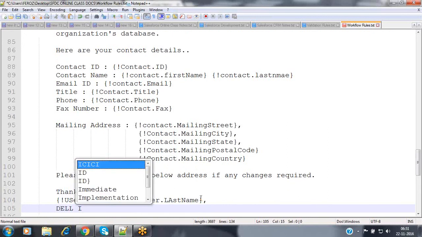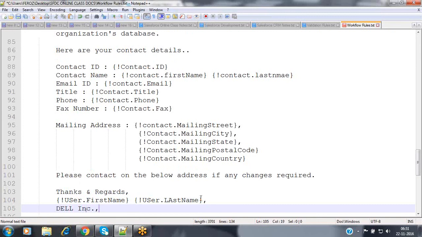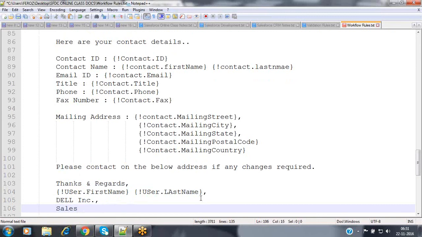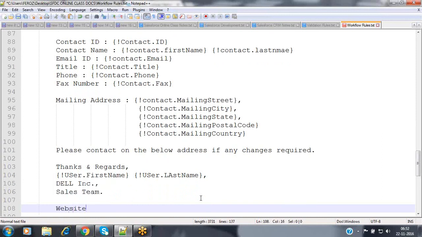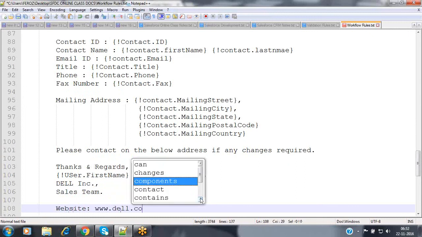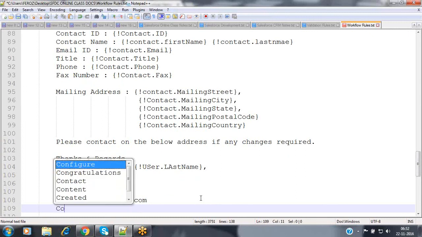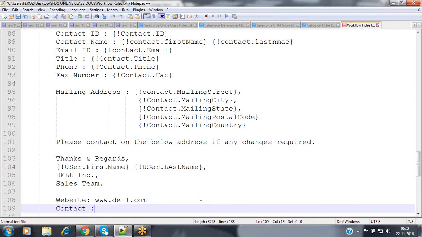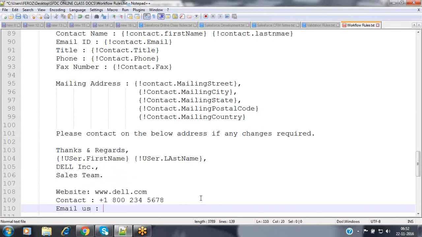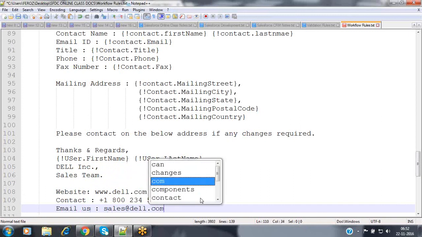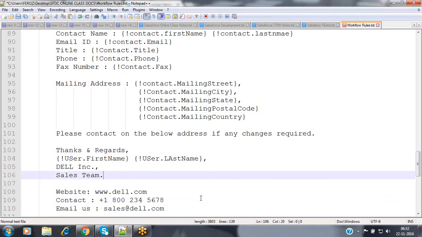And from the organization, Dell Incorporation, sales team, and then we are specifying the website, www.somedell.com, and the contact number, +1 some 800 some number, and the email us at sales@somedell.com. So now here I'm specifying this information inside this email template here.